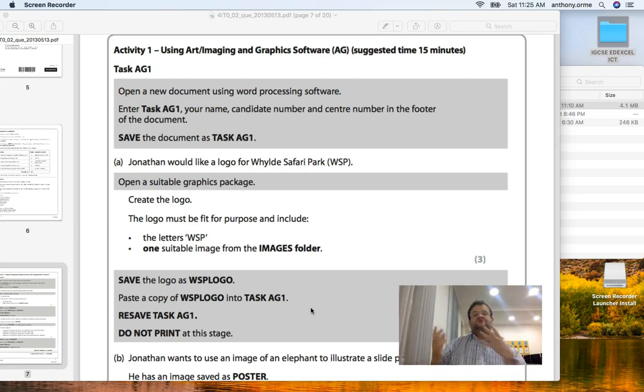Activity 1 is about using imaging and graphics software. In this, because I'm using a Mac, I'm going to use GIMP, G-I-M-P. It's a free open source software that's available on the internet. Open a new